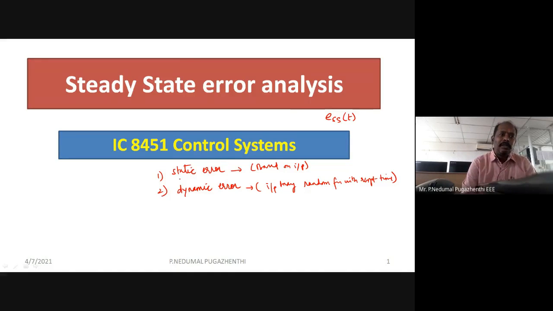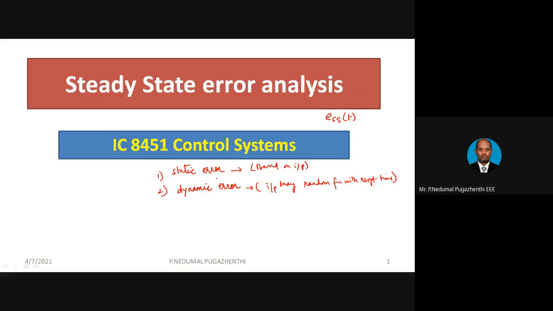The disadvantage of static error constants is that they depend upon a basic input and do not provide the variation of error with respect to time. How the error is changing with respect to time cannot be obtained using static error constants. They give you either a static error value, or the error is zero or infinite, whatever it is. It gives crisp values. You cannot capture the dynamics of the error as time prolongs.